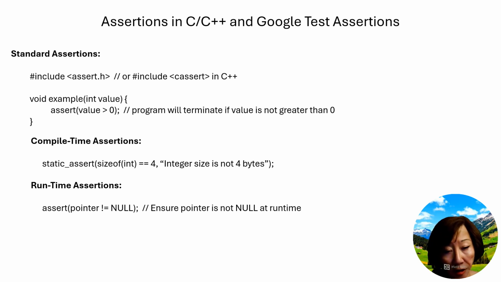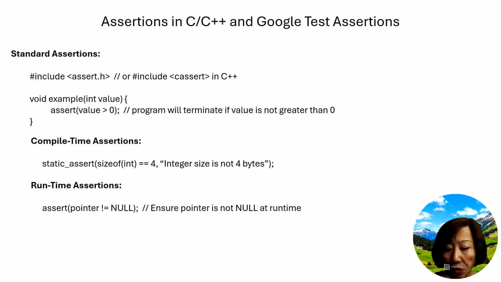A static assert is a compile-time assertion. It won't even link and allow you to run it properly if this static assert fails. Runtime assertions assert during runtime. For example, here, the static assert at compile time will assert if the size of an integer is not equal to 4